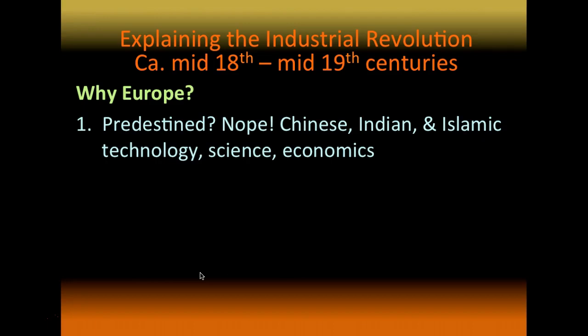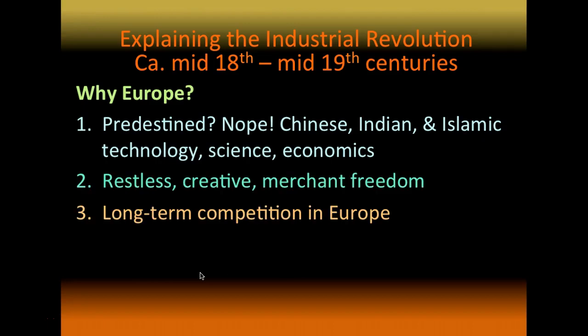The Chinese were way more advanced in so many ways. The Indian sphere of the world was way more advanced, and the Islamic world, in regard to technology, science, and economics, the easterly regions of the Eastern Hemisphere were very, very well advanced. So we can't really say that Europe was just meant to be the leader of the Industrial Revolution, because if you were to look at things in the 15th and 16th centuries, you wouldn't perhaps think that that would be the case, especially prior to then.